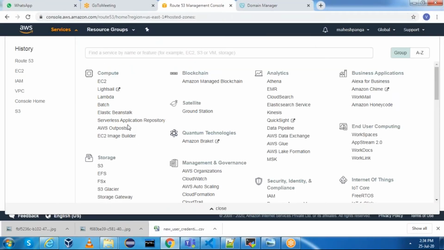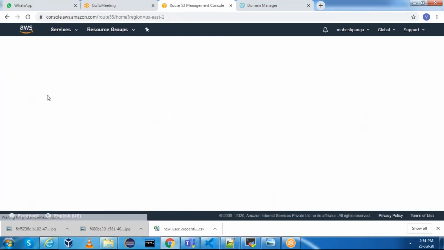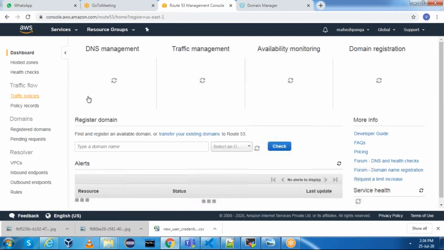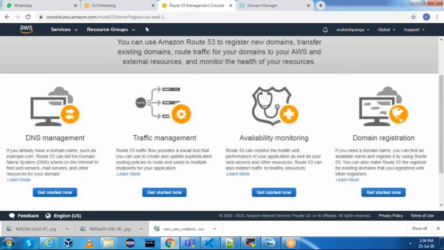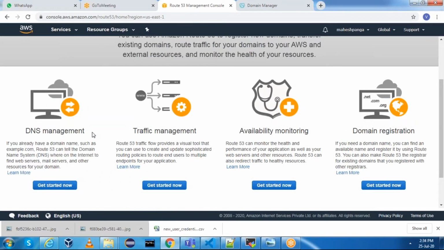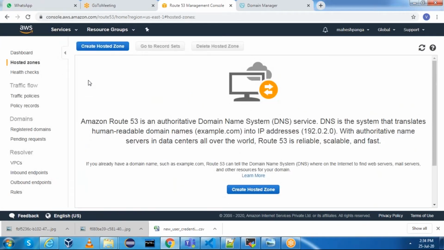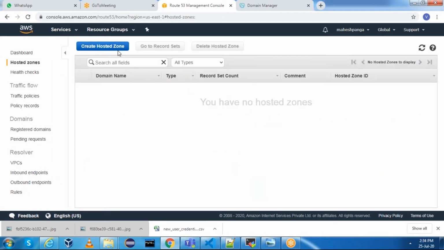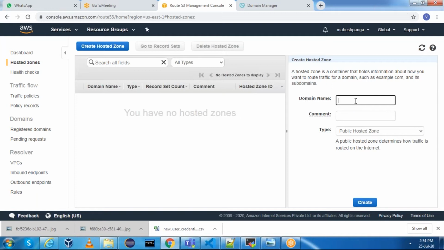First, go to Route 53 and whatever the domain you have, go to DNS management, get started now, create hosted zone, mention your domain name. My domain name is vamsiawstraining.com. This is my domain name.